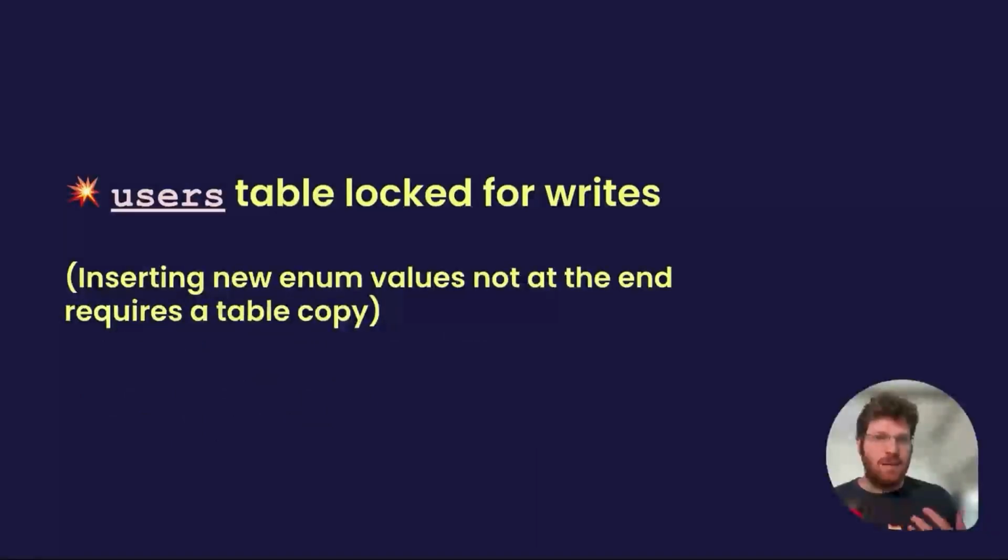On the technical level, the explanation, maybe it's not known to everyone, but it's fairly simple to explain. Once our migration kicked in, we altered the table, we modified the enum values. The way we did the change caused the table to lock. When the table is locked, nobody can write any new data into this table. The reason is that the way MySQL represents the enums on disk, if we don't do the change in the right way, the database needs to rewrite the entire table. Now, if the table is small, it may take a few milliseconds, but in our case, a very busy database and a very busy table,